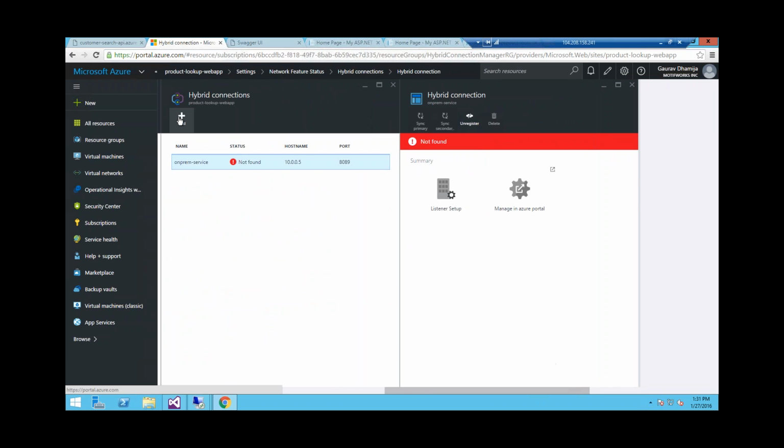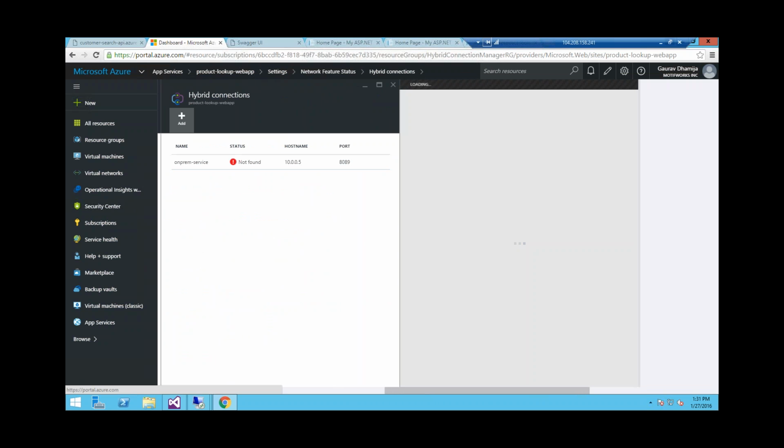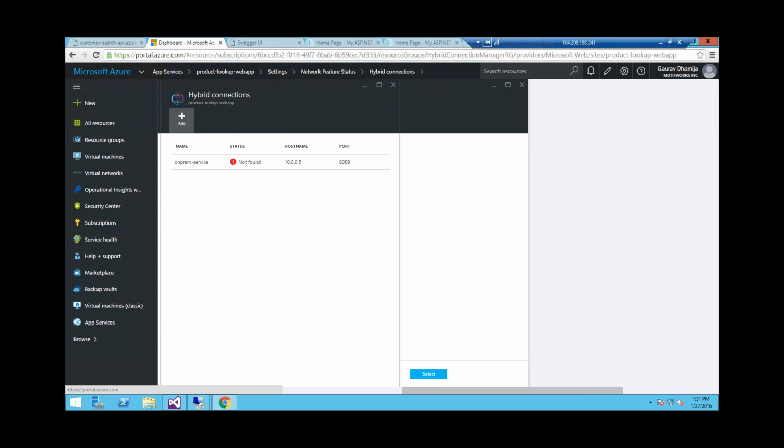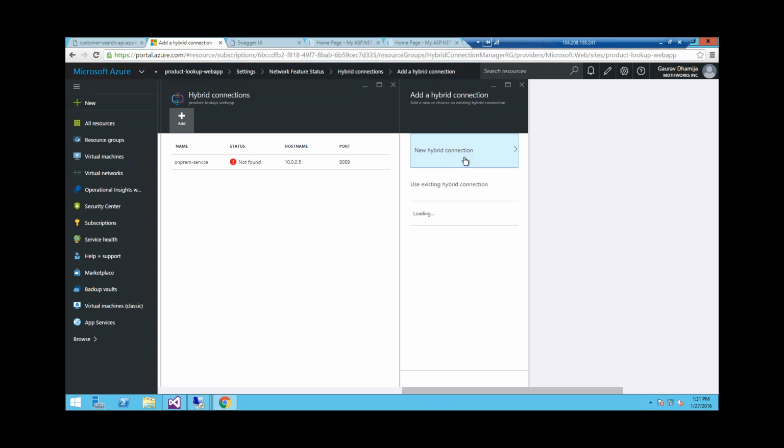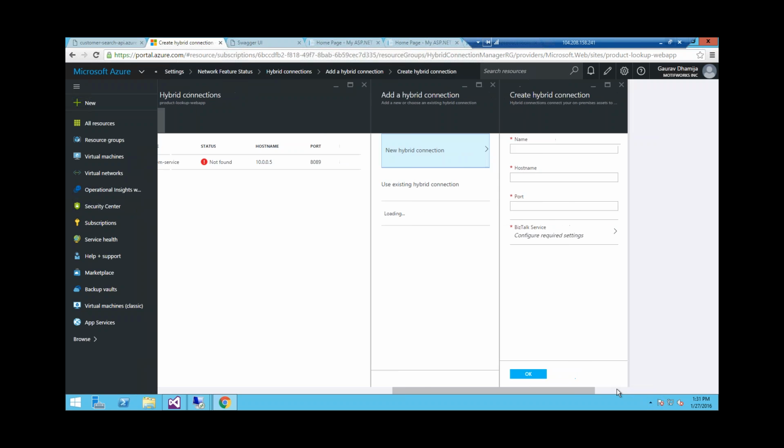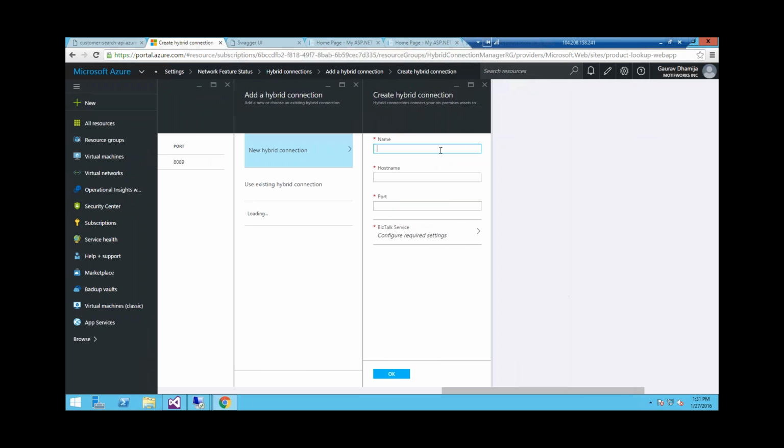So like I said previously, to leverage hybrid on-premise connectivity, we will have to create a hybrid connection. Again, it's the same steps that we followed with the API service. The web app service follows the same steps exactly. We create a new hybrid connection, and then we mention the server name, a unique name for the on-prem service.